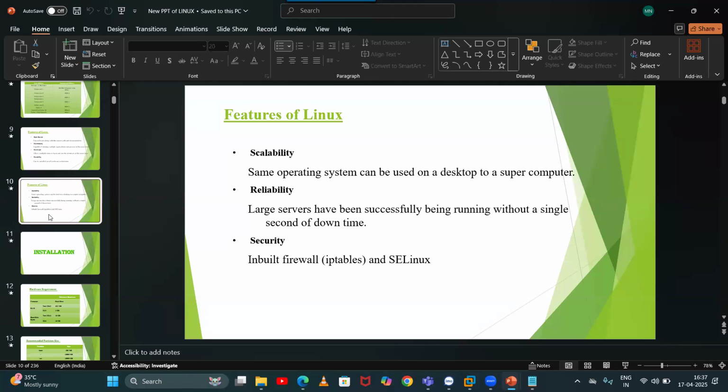And next, Linux is secure. Another point, Linux is secure because for every user, password authentication is compulsory. Without a password, we cannot log in to any user account. If you created a user and if you don't generate the password also, if you try to log in to the user, it will ask for the password.